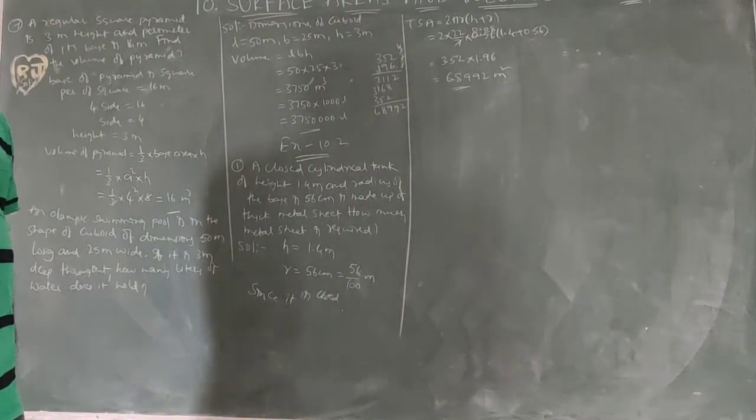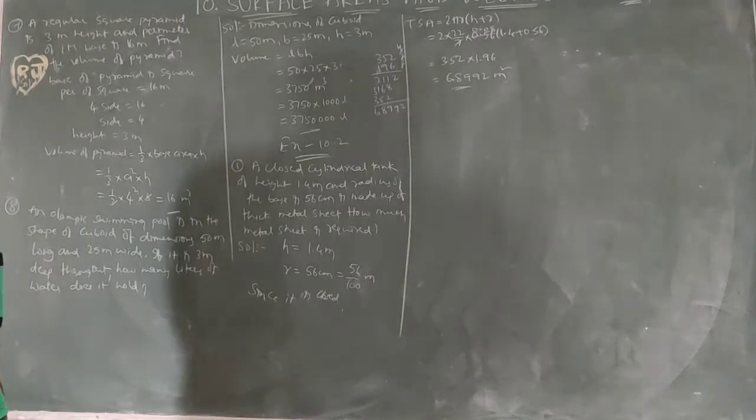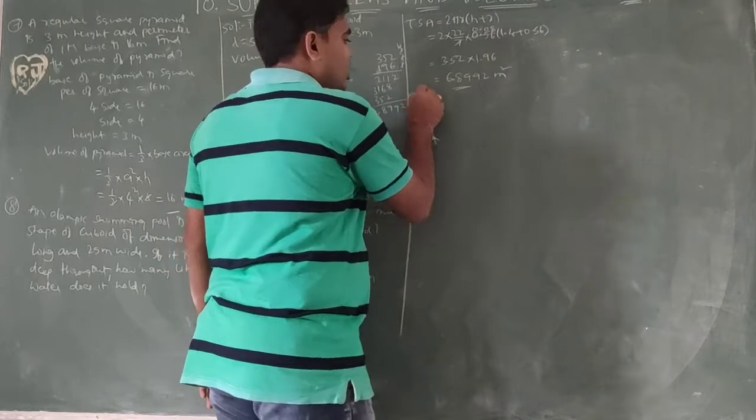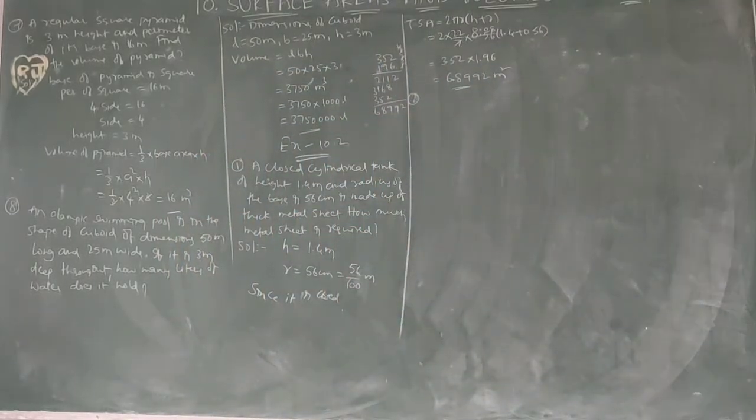So which is approximately 6.9 meter square. So this is the total surface area. Now question number 2. Second question is